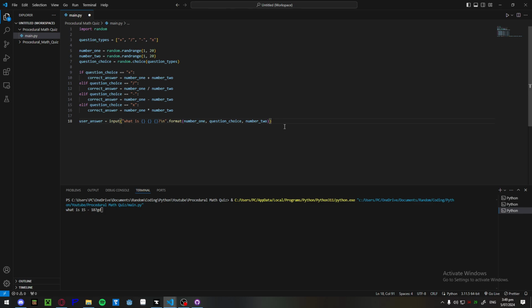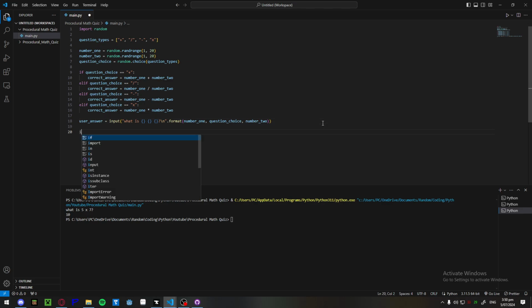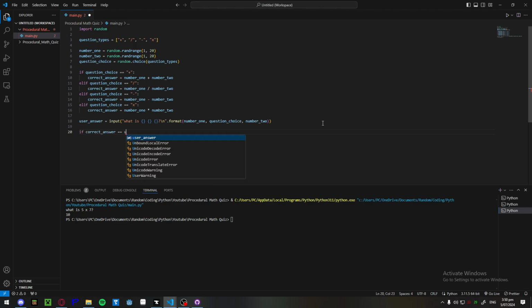And then after that, so now we've got that 5 times 7, we can go 10, you know, nothing happens. Why doesn't this happen? Well, what we've got to do is check if the answer that the user has given is the correct answer. So to do that, we're going to do another if statement. It's like the other one, but this time we want to check if the correct answer is equal to user answer. Then we want to print,